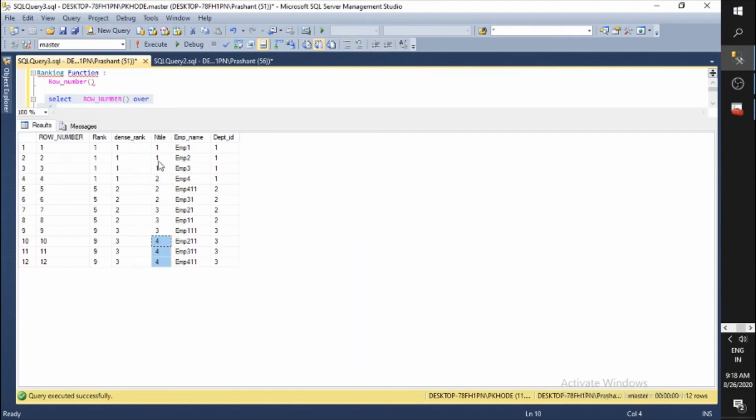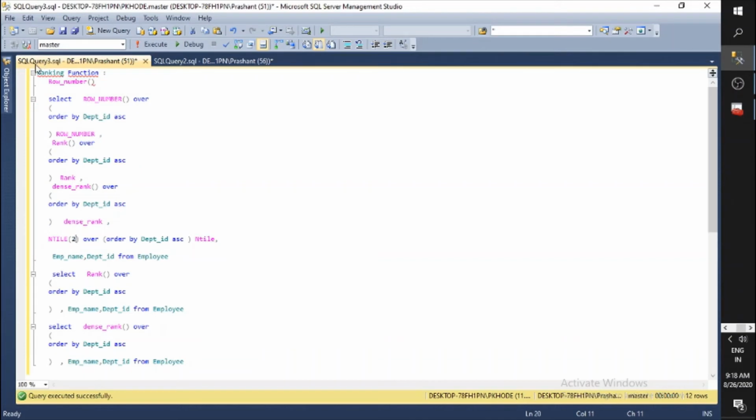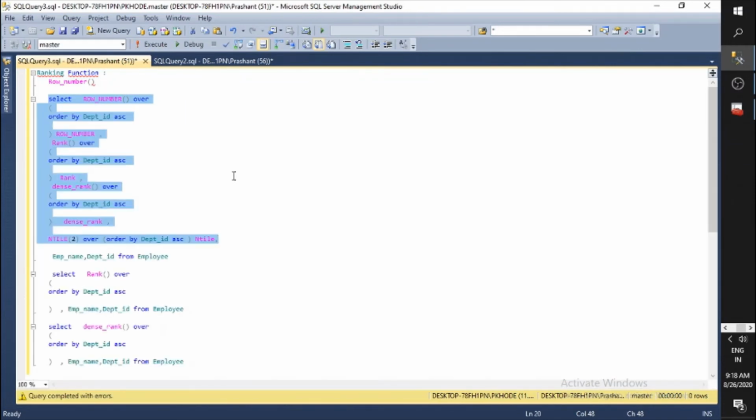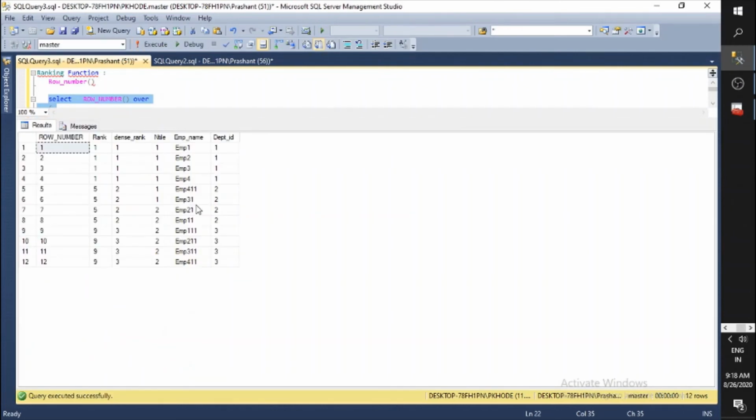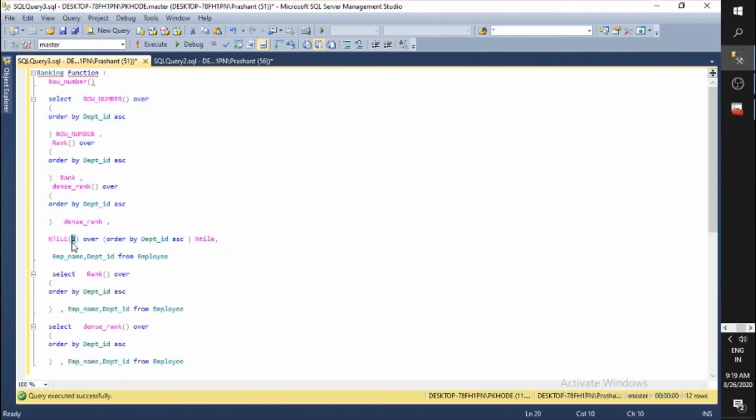As we have 4 as the value, the rows got distributed into the 4 buckets. If I change it to only 2, the entire data set gets divided into two parts. Sometimes while doing performance tuning, we need to pass a specific set of values, so we distribute a number of rows. So for the distribution part it is useful, right? 1 2 3. If I change it to 5, let's see what happens. So for grouping purposes we can use it.